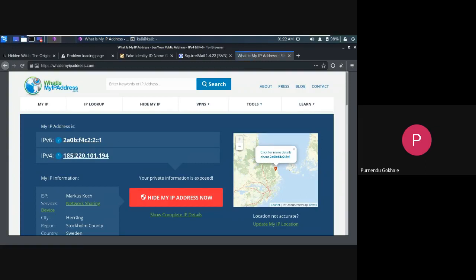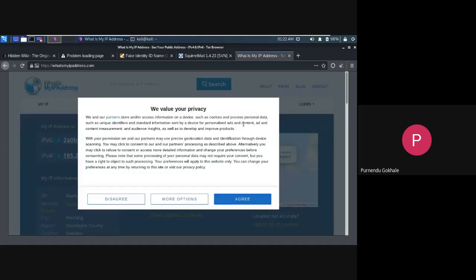It has a lot of data, and we should use it wisely and protected. So this is my IPv4. I've not enabled any VPN, I'm just accessing using Tor.